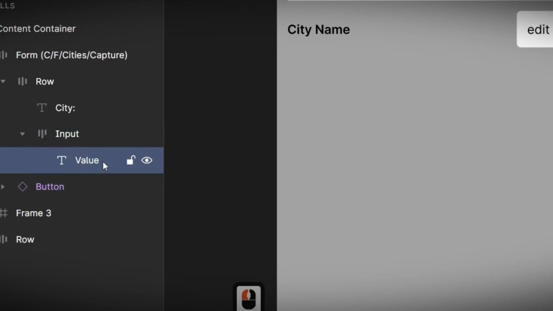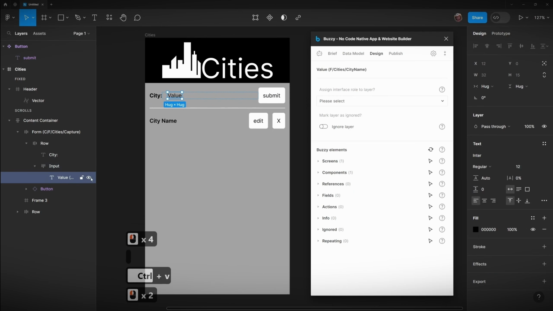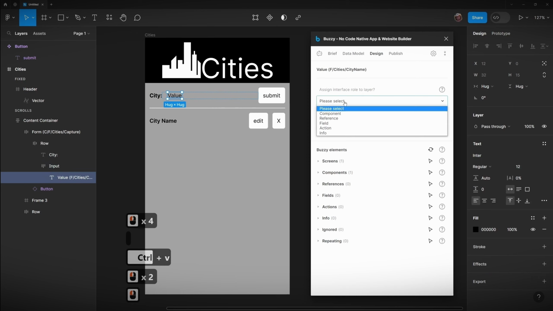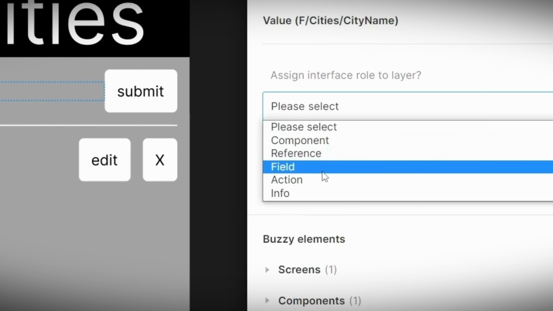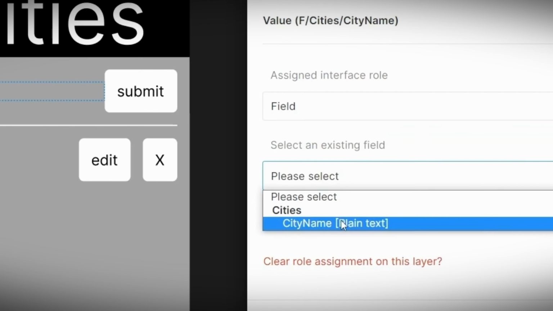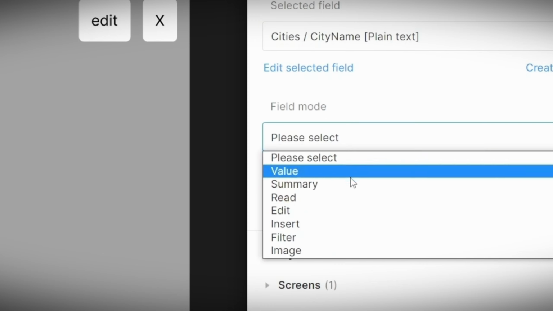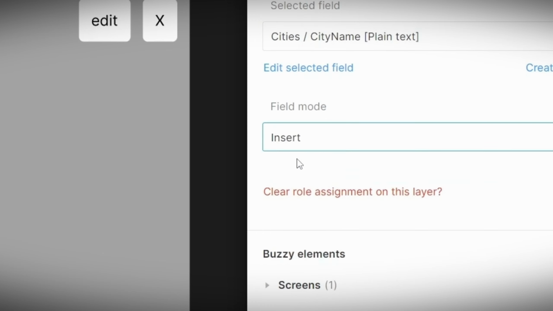The text element called Value, which is the child element to our input layer, we are going to rename to Value with shorthand F/city name. The F in this case standing for field and city name being the name of the relevant field. Again, while having this Figma layer selected, we will go to the Design tab of the Buzzy plugin and mark up the layer. This time, the interface role we are going to use is Field. We will then select the existing field we made earlier in the cities data table called City Name. For the field mode, we will choose Insert, as we are currently within a capture form in our layout hierarchy and want the value that has been entered by the user to be inserted into our city name field in